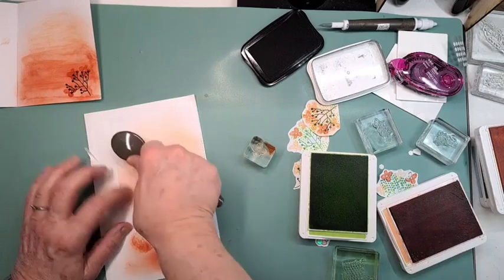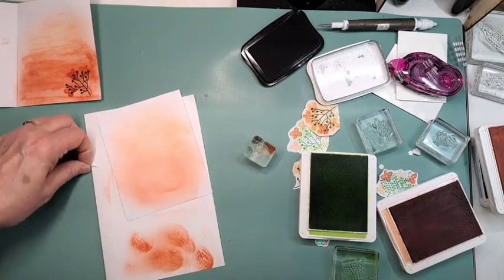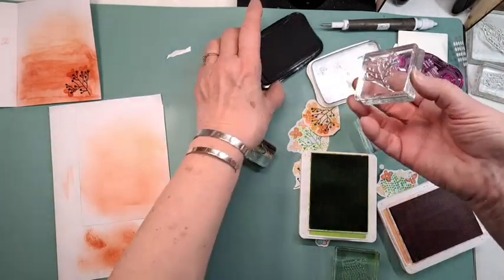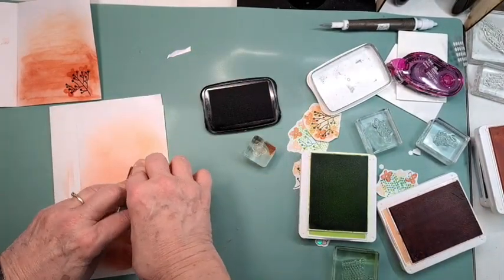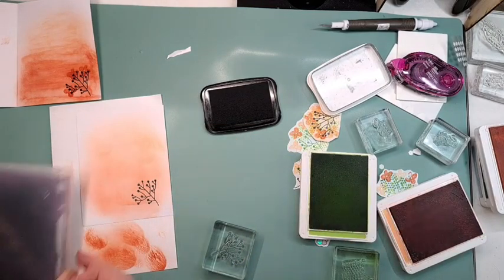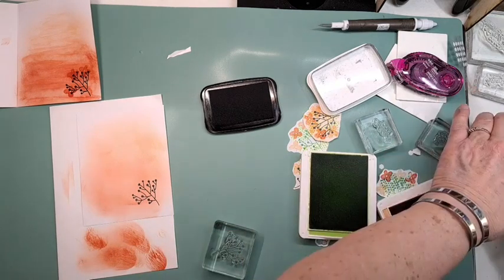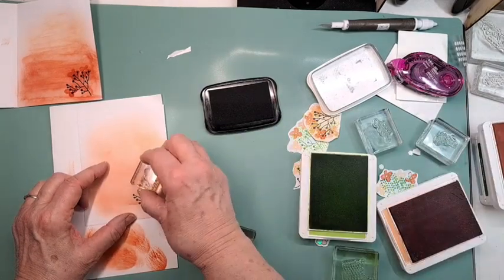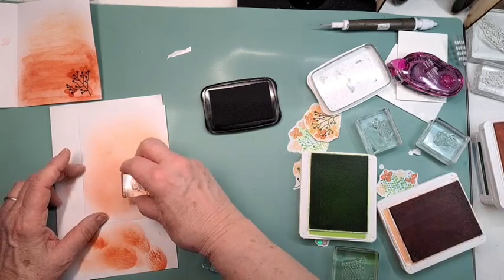Try this later one right here. Okay, now it's a little better. Try it one more time. It still may be too dark for those flowers. I don't know. Can I get these lighter ones on here or not? And of course, the other thing could be, I could always do them on another piece of paper and cut it out. Yeah, it's a little...